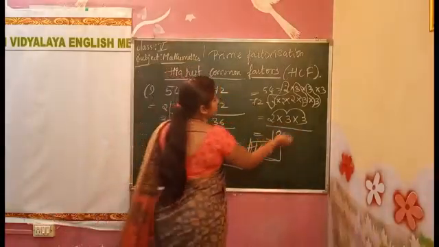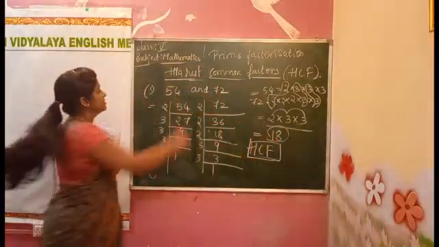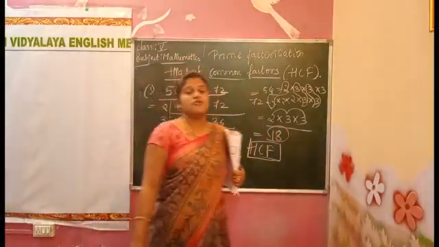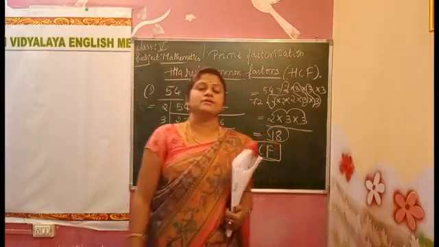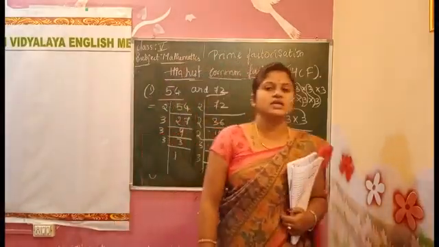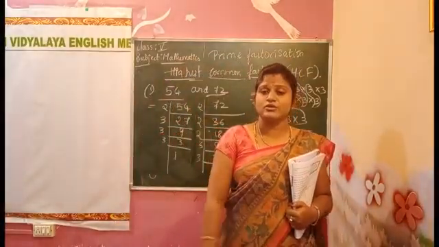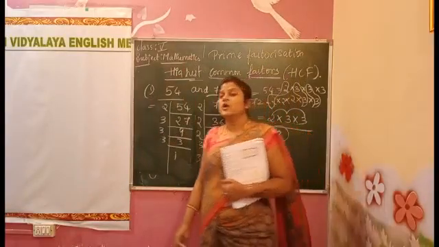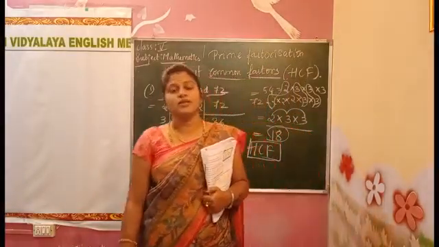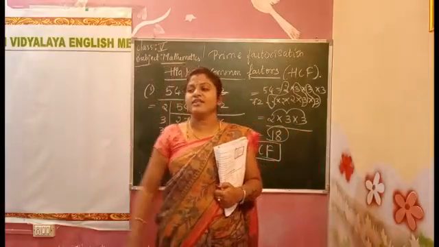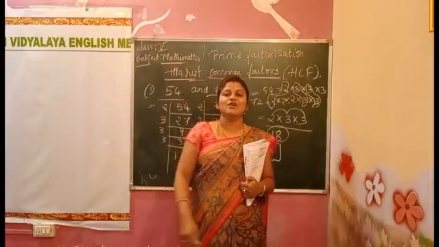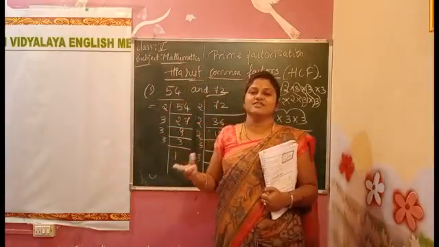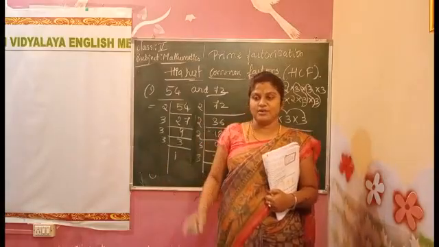We get what? One number. That is the HCF of these two numbers. The method is a little bit changed in this. The first method I told you that time, we only had to take the highest common factor. After that, we just had to write the highest number in that.